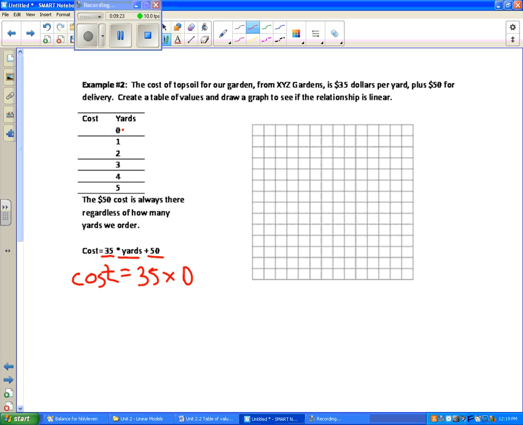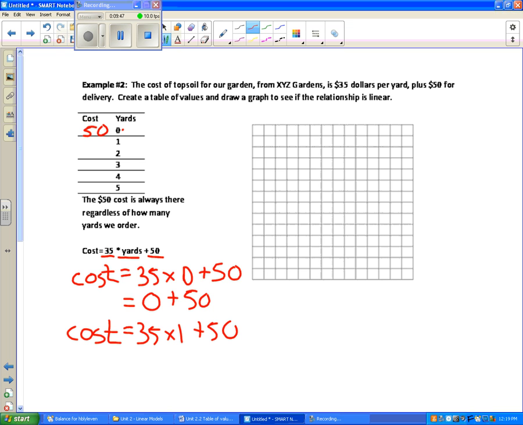Remember the day we did order of operations, we got to do multiplication first. 35 times 0 is 0 plus 50. So here's that weird example where you go, even if we ordered 0 yards, we had to pay 50 bucks. If we ordered 1 yard, 35 times 1 plus 50 is going to be 35 times 1 is 35